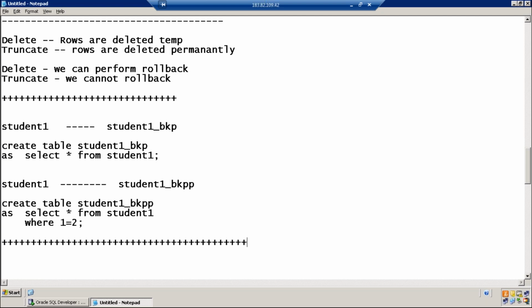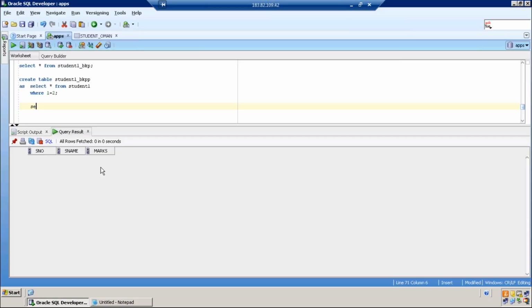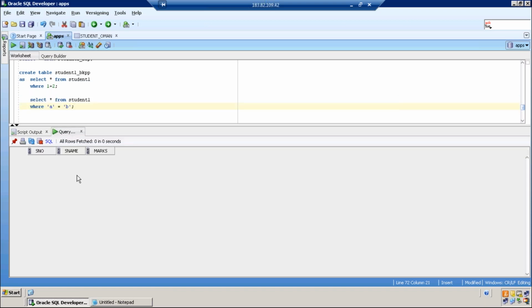Instead of these numbers, if we have any varchar2 kind of data, any text data, instead of where 1 equals to 2 in the create query, can we give any other condition, like where city equals Hyderabad? Okay, same. The condition is false. No rows are selected.